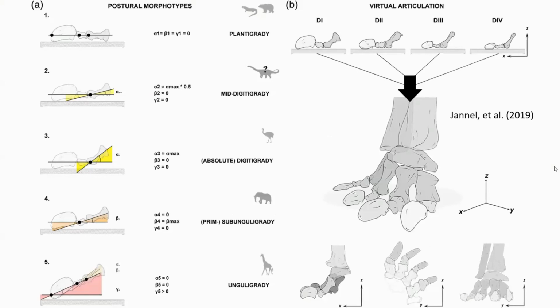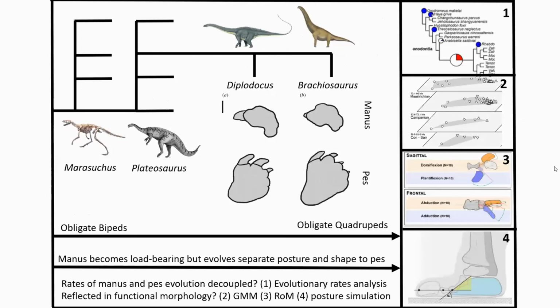And I was further inspired about this by a paper by Janelle et al., which I really, really like. I probably pronounced that name wrong, actually. Janelle, which was looking at the range of motion and possible posture of a Rhoetosaurus foot, and worked out basically that it would have been most likely semi-digitigrade, as I said, like an elephant. And I'd love to do similar work on the forefoot and the hindfoot of different animals and work out what the different postures are, what the different range of motion is, how functionally they differ, not just between different dinosaurs, but to each other between the forefoot and the hindfoot, and compare that to how differently they evolve. How did we get here, how did this transition from bipeds to quadrupeds work out